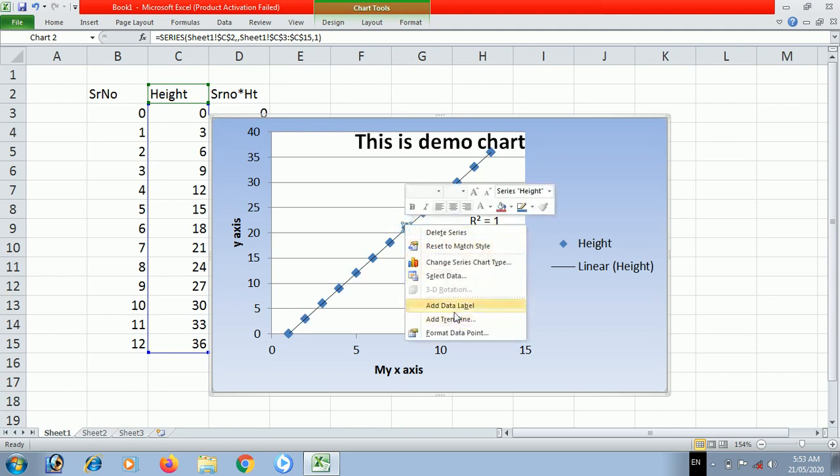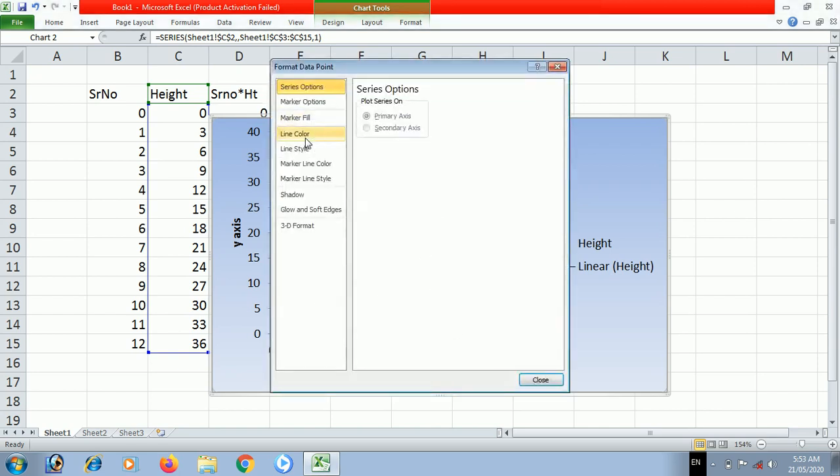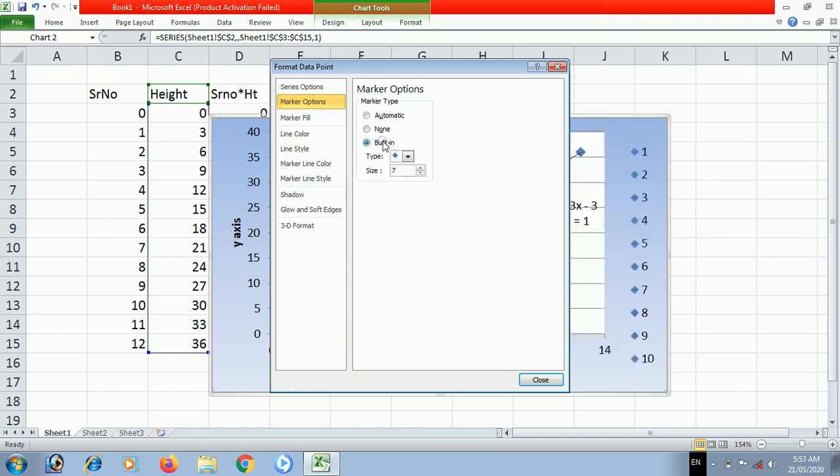Right click, format data point, and here marker options are there. Automatic or built-in. When you click built-in, you will have those different marker options. I will change it to filled square, and I want to increase the size also of that marker.